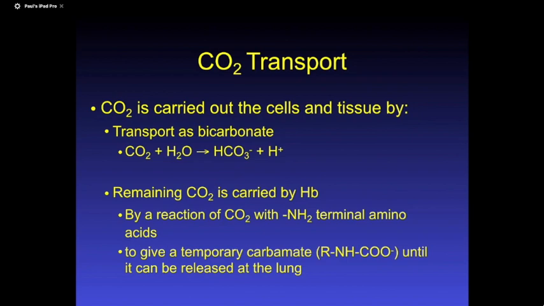CO2 is transported. Most of the CO2 that's produced in the body, because as we break down proteins, carbohydrates, and fats, we make CO2, is transported as bicarbonate in the bloodstream. It's actually the buffering system of the blood. And so it goes around as bicarbonate, and when it gets to the lungs, the bicarbonate can be converted to CO2 and it can leave. Some of the CO2 can actually be carried by hemoglobin,